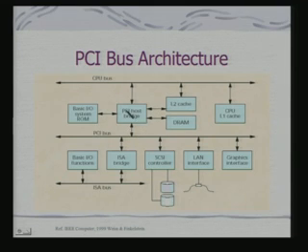Further, this PCI host provides connection with the PCI bus. The motivation is the same. Here you have got slower devices. So, the slower device access will be on this PCI bus, and this bridge will actually control the communication between these two buses. In fact, this basic architectural model you will find today in most of the buses which are targeted for connecting high speed processors with peripherals and memory.